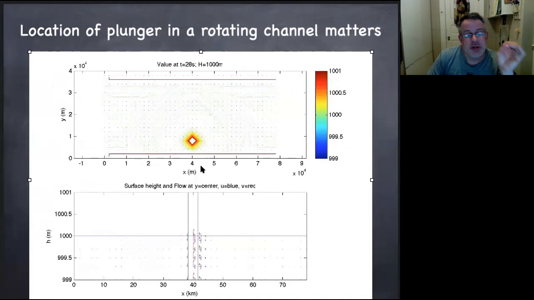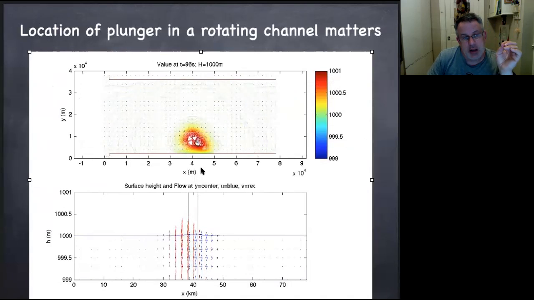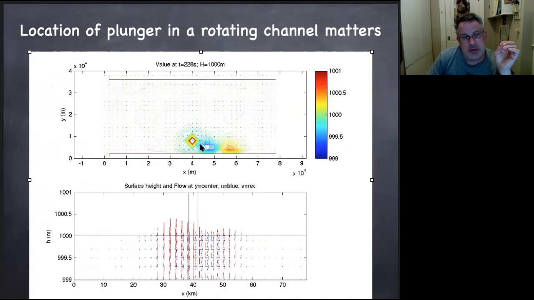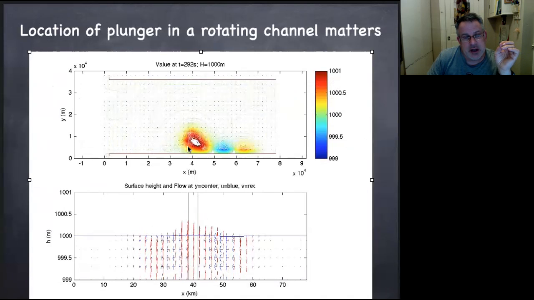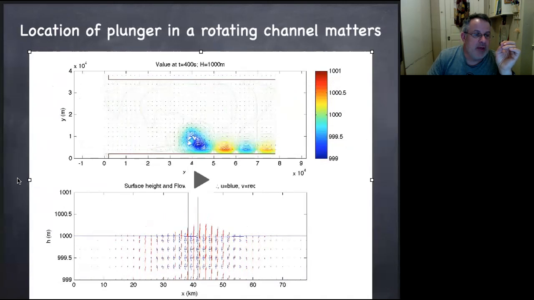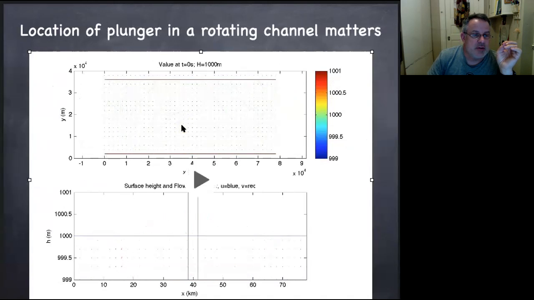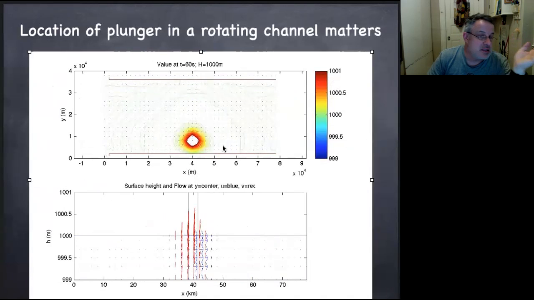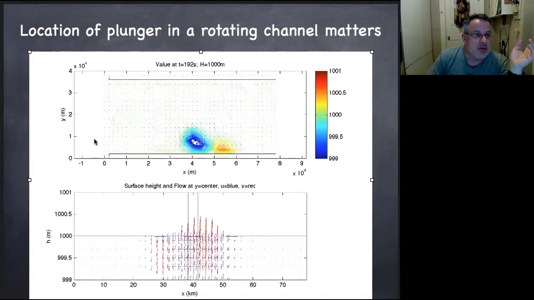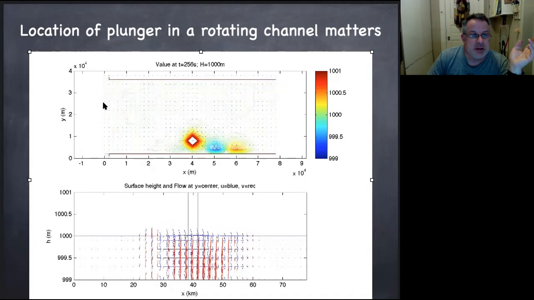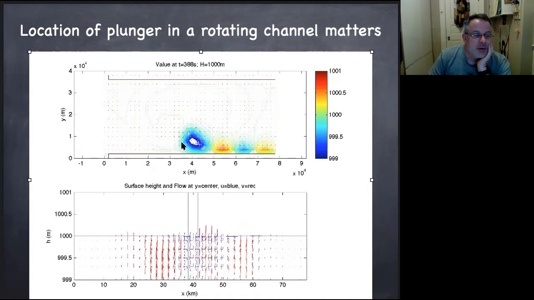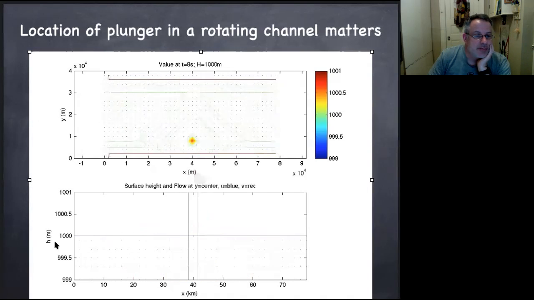If you put that plunger, that source, right up against the wall, you see that you don't really excite waves on the opposite wall, but you excite positive and negative sea surface anomalies that really hug against the coast. The distance away from the coastline over which these waves decay is the Rossby deformation radius, which in this case is about 1 meter in this lab, or 1 times 10 to the 4 meters in this kind of scale for this problem that I've chosen.